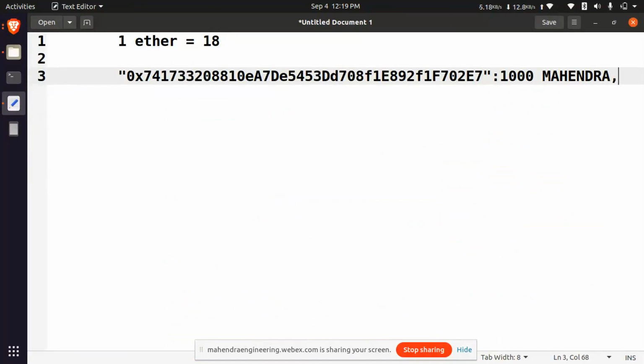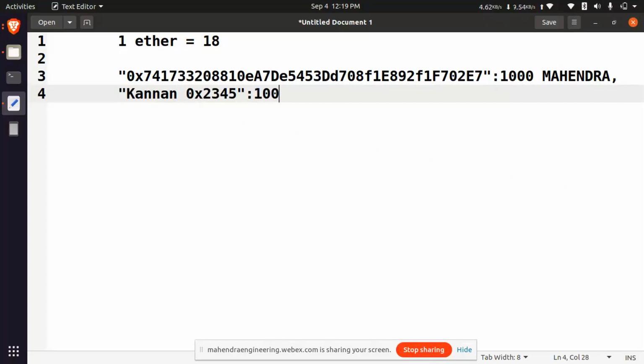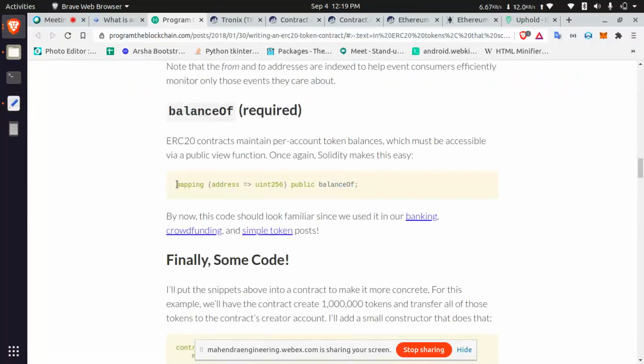Let's say another address, like Kannan's address, 0x blah blah blah, has 10 Mahendra tokens. This is how the data is stored in a mapping. I think you guys already played with mapping, so you can understand easily.